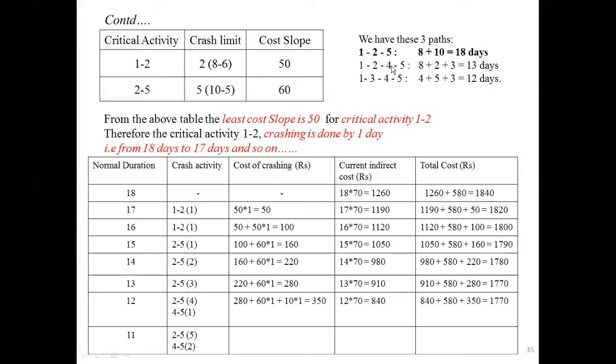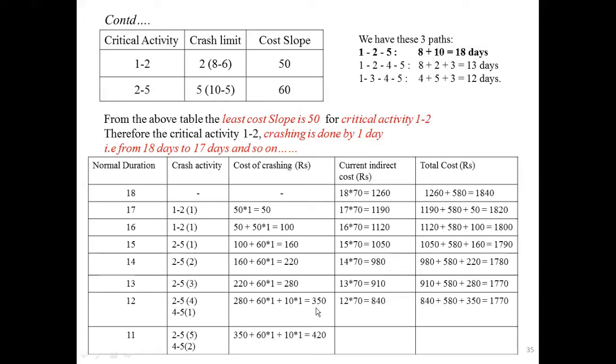For these two paths, there is a common activity, 4 to 5, and hence I have taken 4 to 5. The maximum limit is 2 days. You can reduce for 2 days. Already you have reduced for one day. You can reduce one more day. Then if you calculate, you will get